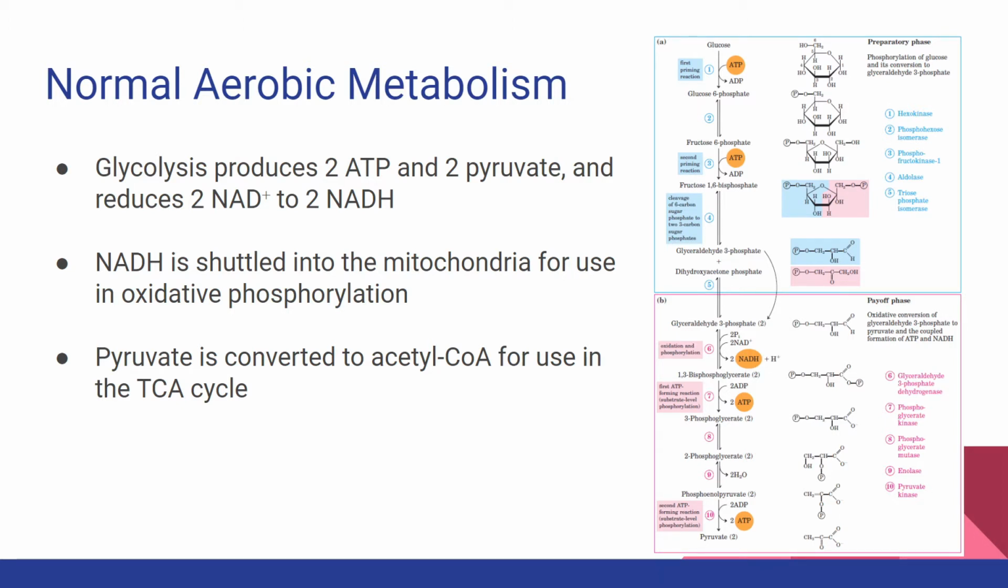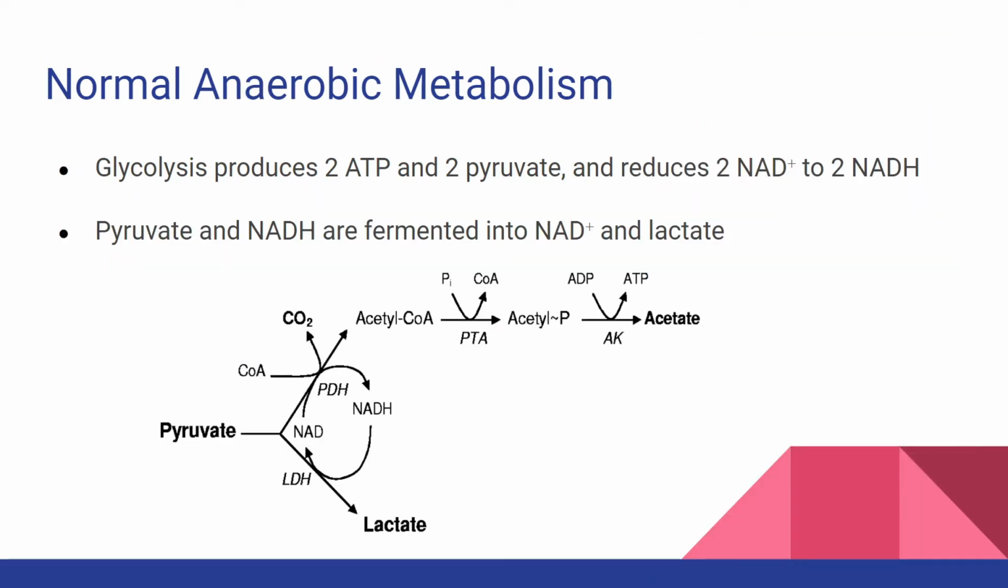The NADH are subsequently shuttled into the mitochondria to participate in oxidative phosphorylation, where they can be oxidized and reused in more glycolytic reactions. Pyruvate is converted into acetyl-CoA for use in the TCA cycle. This all occurs under aerobic conditions. Under anaerobic conditions, the end products of glycolysis remain the same, but NAD plus needs to be replenished through fermentation